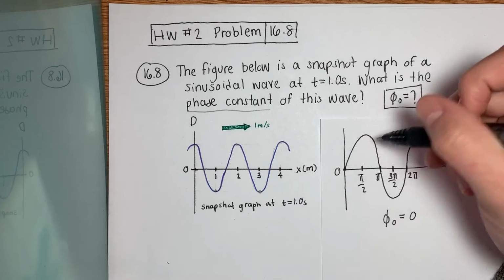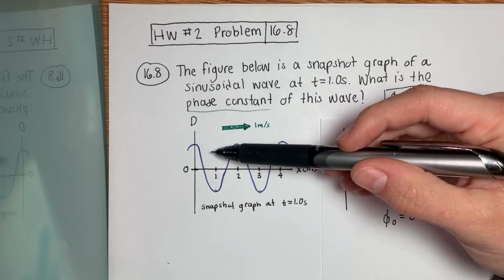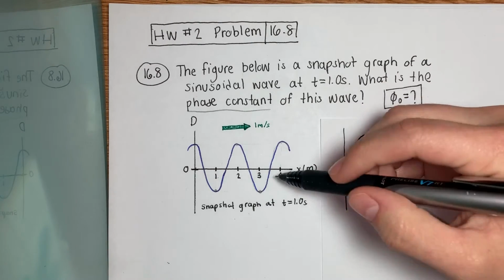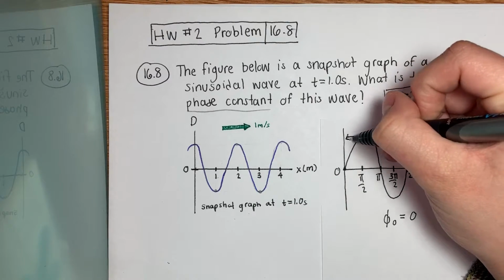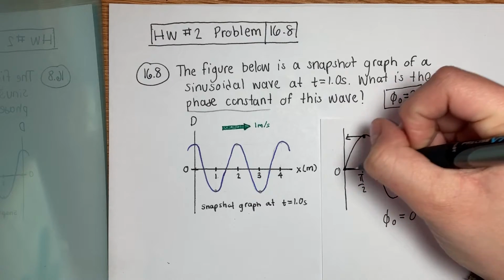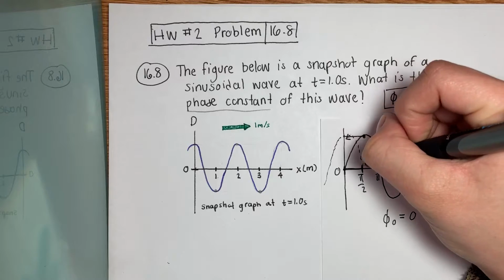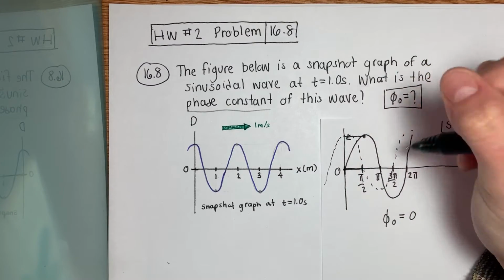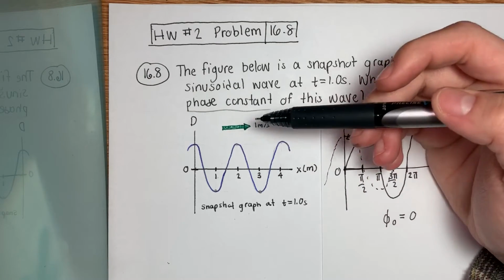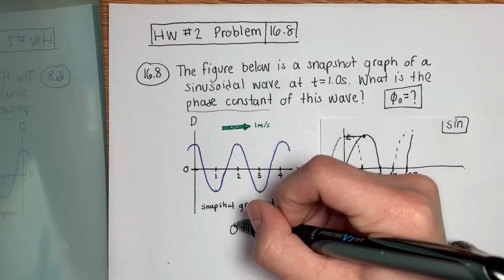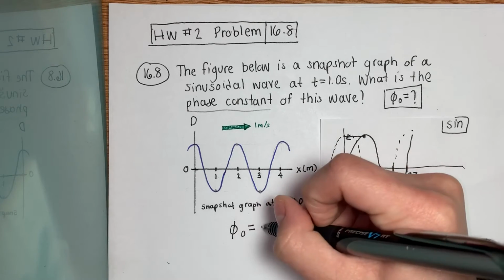So if we look at how much this sine graph has shifted to give us our corresponding graph on the left, we can find the phase constant of this graph. So if I shifted the sine graph to the left by pi over 2, this value here, I would get this graph, which looks identical to the graph on the left. So that means that our phi naught for the snapshot graph on the left is negative pi over 2